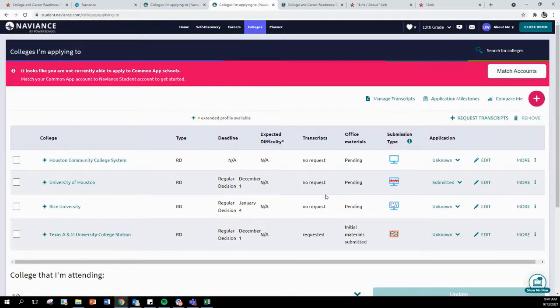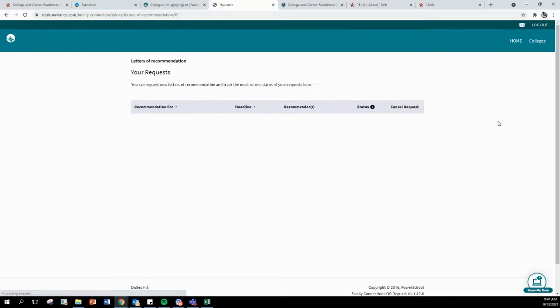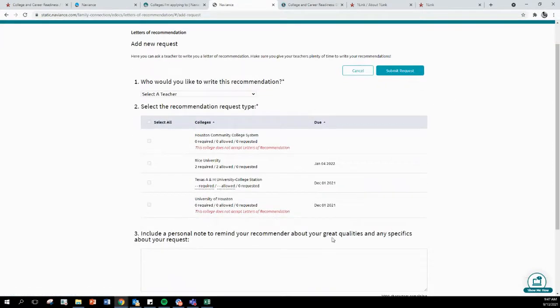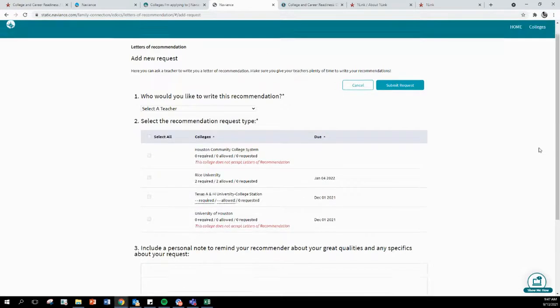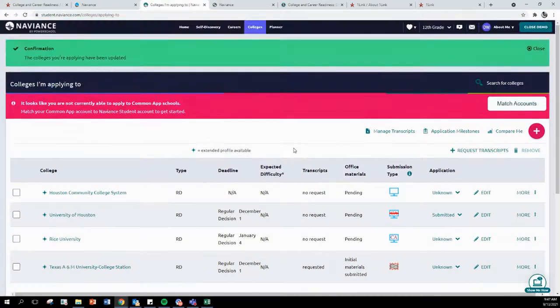Okay. Also, lastly, from this page, you can also click on Letters of Recommendation section. You will notice that your colleges, when you add a request, have now been uploaded to the recommendation request type. So you can select the colleges after you select the teacher. Okay. Alrighty, so if you have any questions about adding colleges to your colleges I'm applying to list on Naviance,